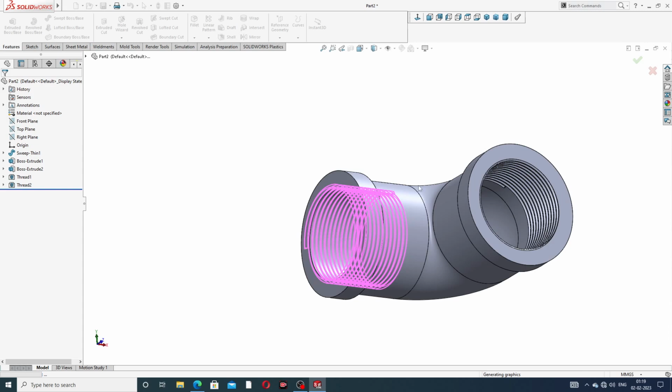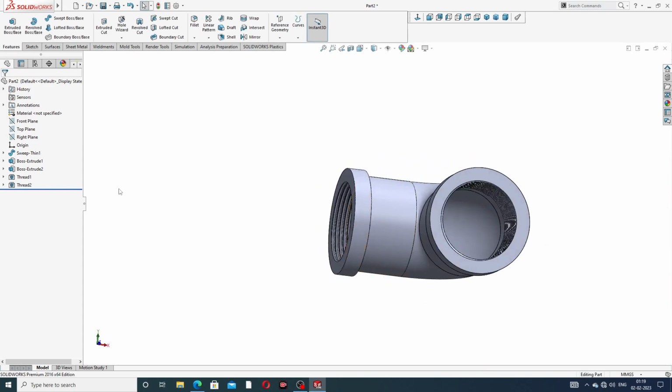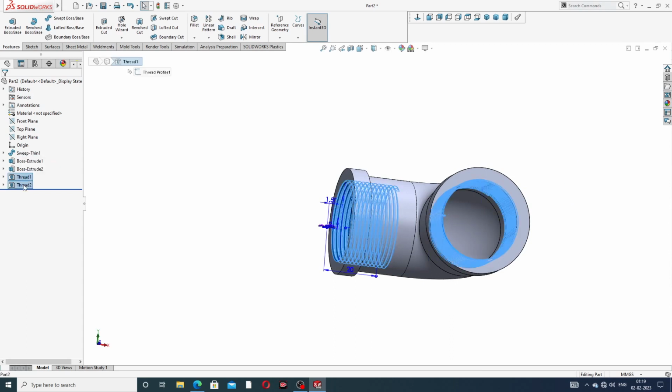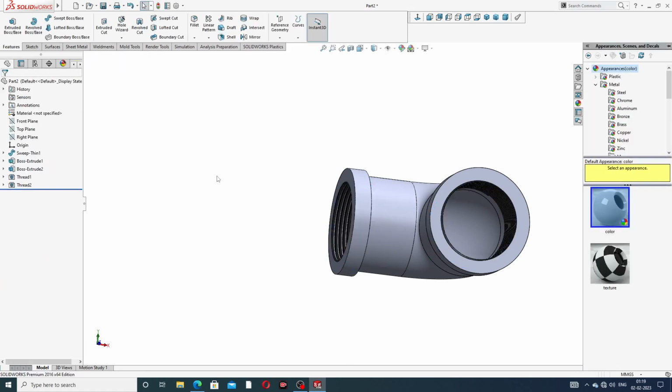Okay, this is very nice looking here. And for this value, press the Control button and change the color, is this. Okay,